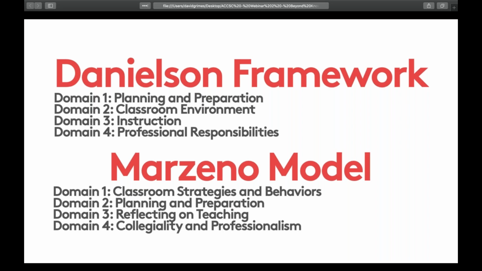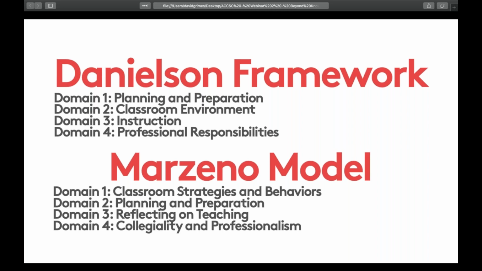If you look at the Department of Education in Pennsylvania, you'll see it borrows a lot from this framework. It's about planning and preparation, classroom environment, instruction, and professional responsibilities.